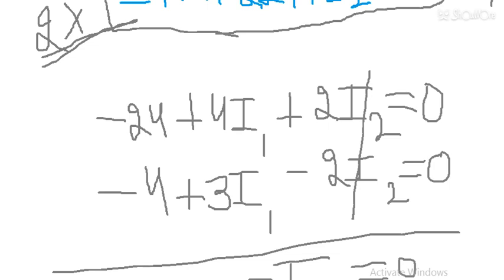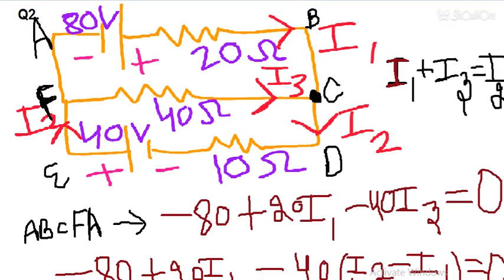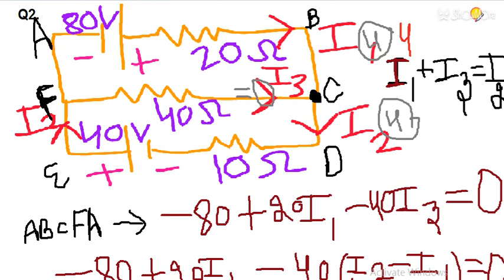So students, you can see the circuit now. In the circuit, the value of I1 is 4, and the value of I2 is also 4. But this is possible only if I3 is equal to 0. So if I1 is 4 and I2 is also 4, that means our I3 should be 0. So the solution of this question: we had to find three values. The value of I1 is 4, the value of I2 is also 4, and the value of I3 is 0.